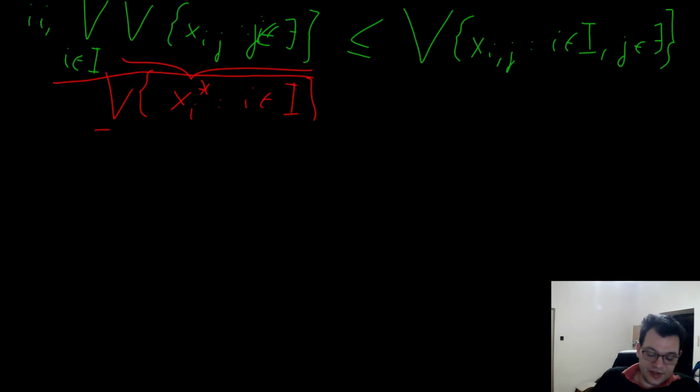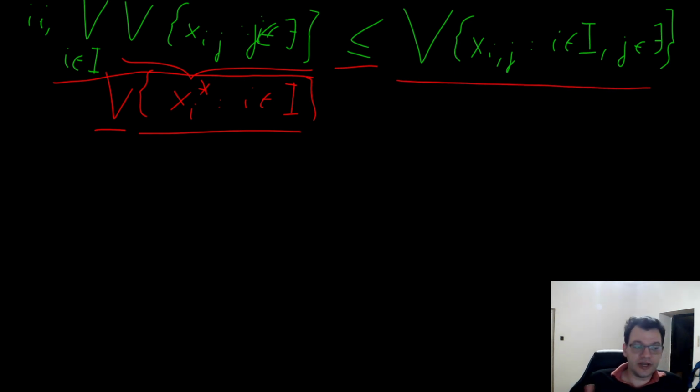So the supremum of a set is a lower bound of something. Again, it is a supremum of something. So what should I do? All right, now